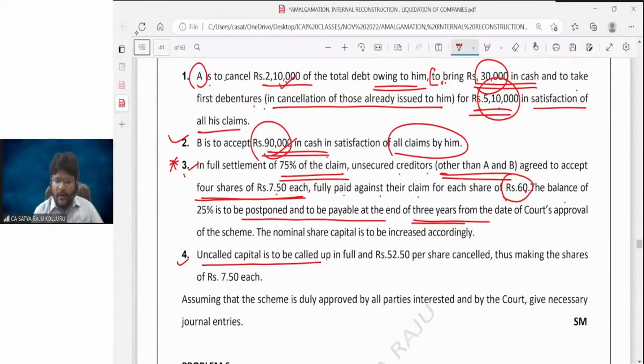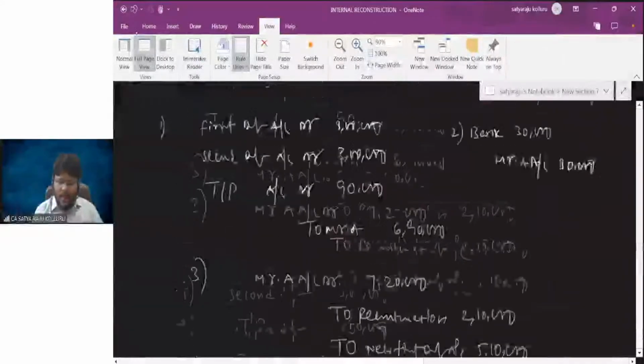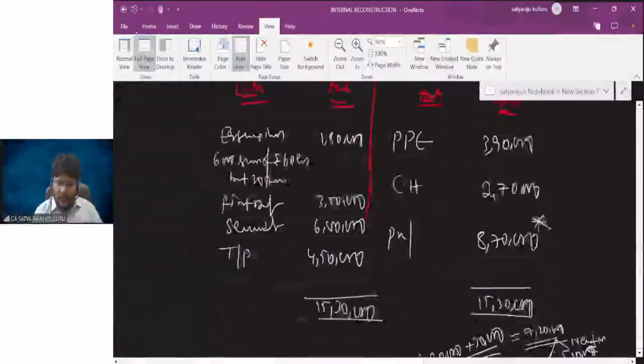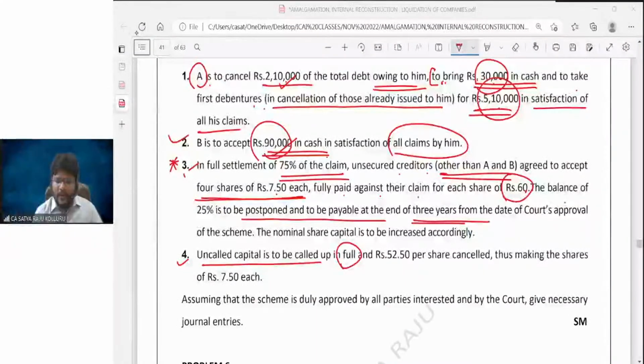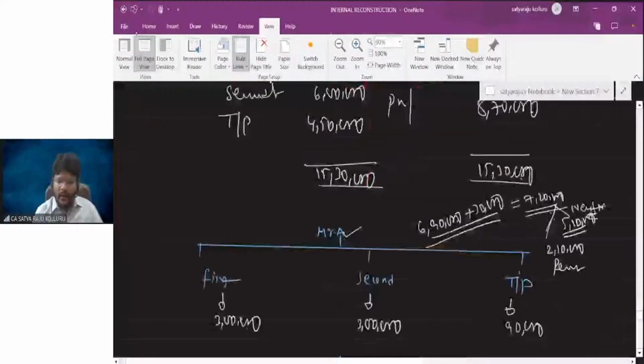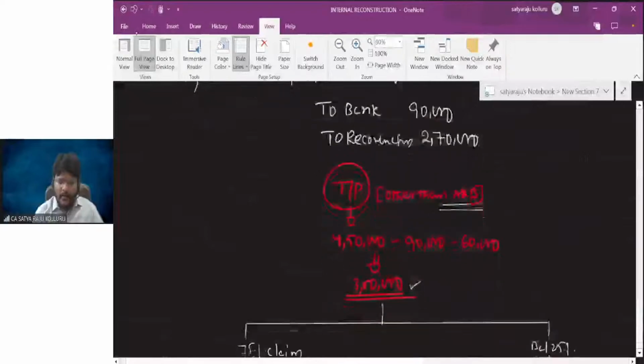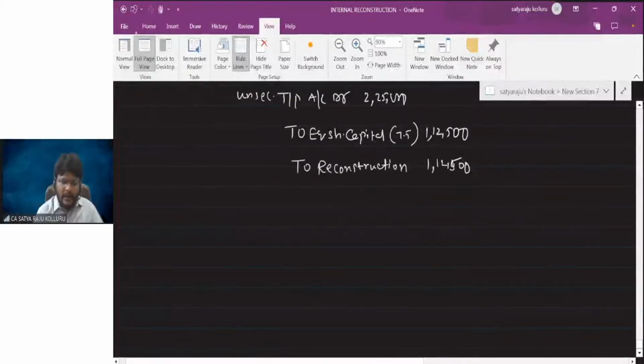Uncalled capital is to be called up in full. If you observe in the balance sheet, we only billed here equity shares, 6,000 shares. Face value is 60 rupees, out of which only 30 is paid up. He is telling that uncalled capital is to be called up. You can just make a call. If you make a call, what is the entry, guys? All of you? The entry is